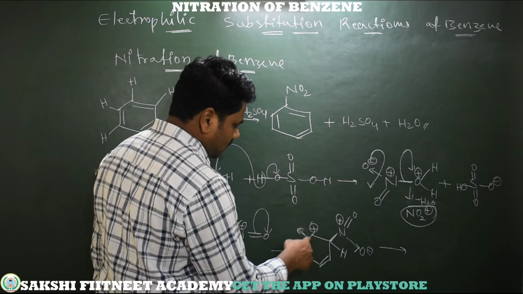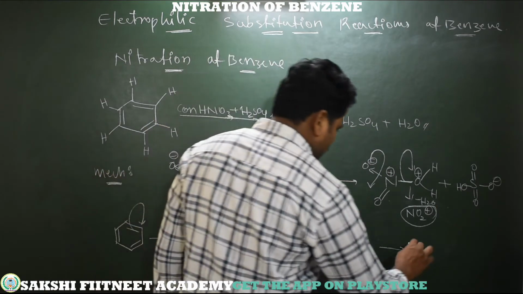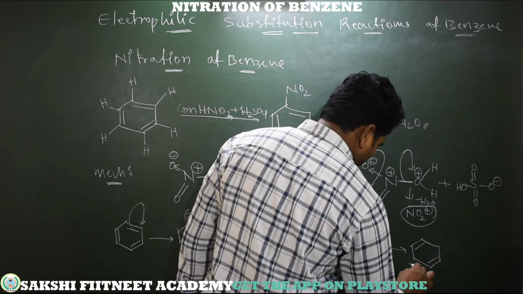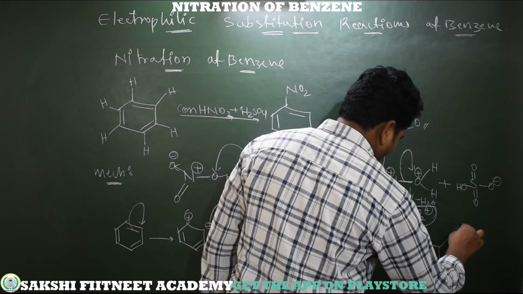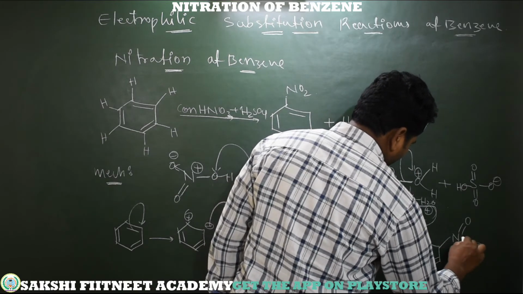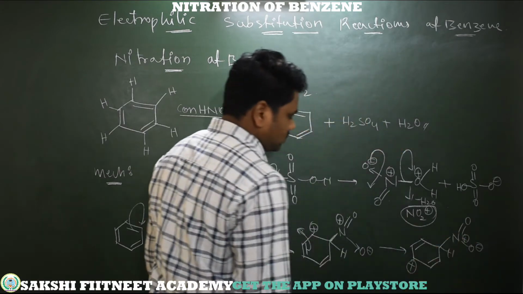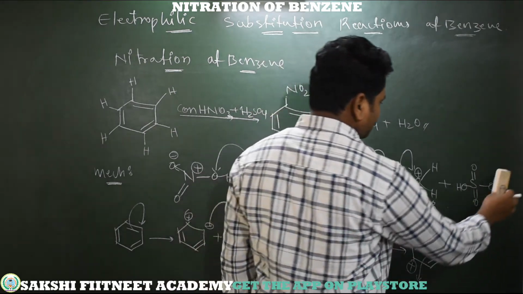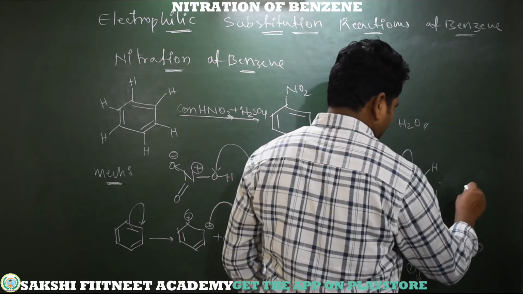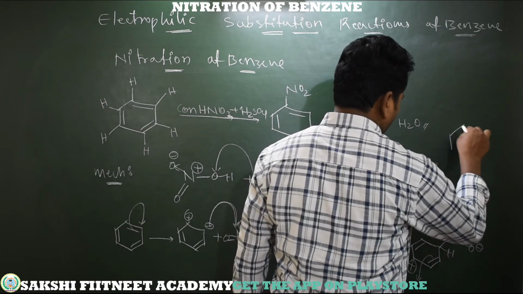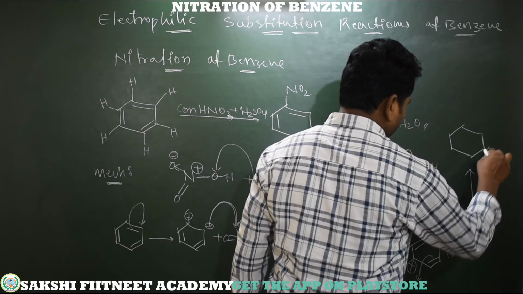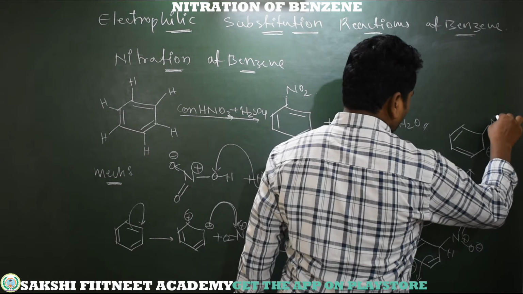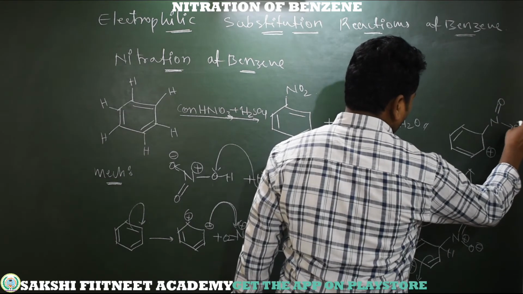This is the bond forming between carbon to carbon pi bond, and here we will get positive charge. So this is the next step. Here we have a pi bond, here plus charge. This as usual NO2 is there, hydrogen is as it is. Now this pi bond shifted to here, and we will get positive charge at this carbon. See, this carbon gets positive charge, and here pi bond, here pi bond. Now N double bond O minus, N plus.